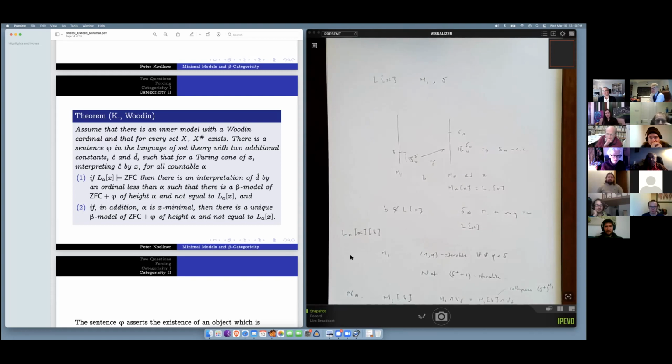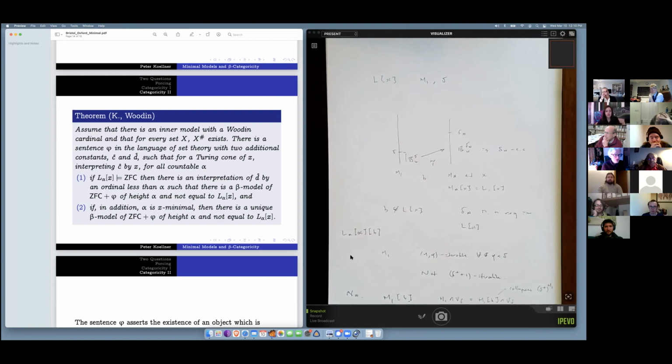I see, right. That's self-encoding forcing, though. You can definitely do that, Philip. This is used in the geology results. So you can do any forcing at all, and then you code that forcing into the GCH pattern, say, and then you add new stuff, so you code that in, and then code that in, and so on. If you just iterate that, then there's going to be a unique generic in the extension.